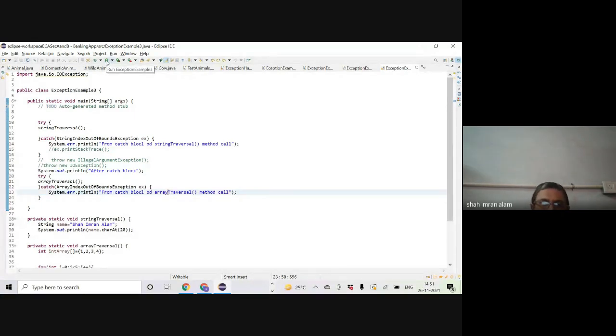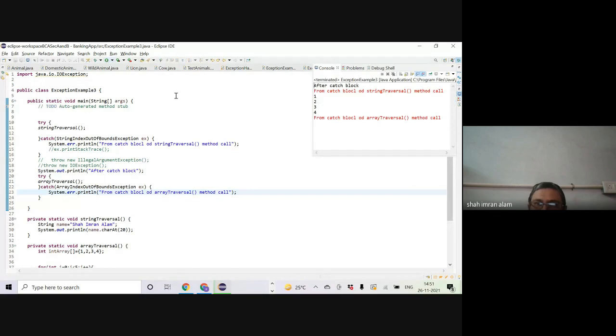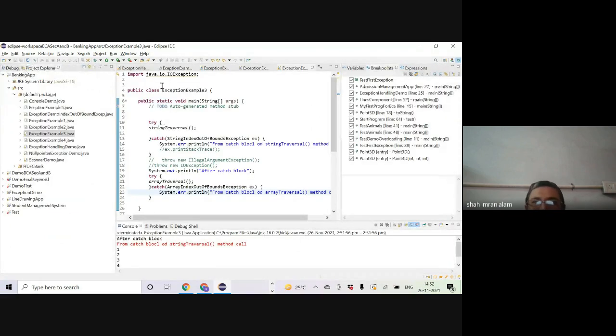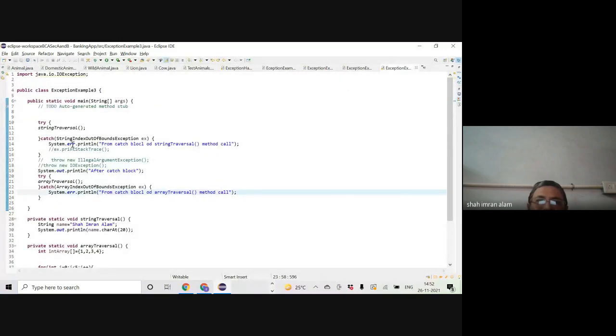Guys, people online getting? We are trying to handle two different kinds of exception coming from two different lines in a different try blocks. That means different guarded regions. Okay? See, one message is coming from line number 14 from the catch block of string index out of bound exception. The other message is coming from line number 23, which is from the catch block of array index out of bound exception, because both the method calls are giving exceptions. Okay? Clear is that?